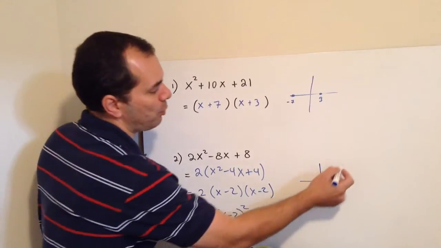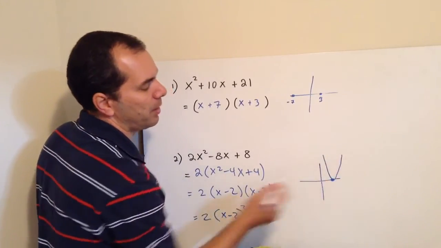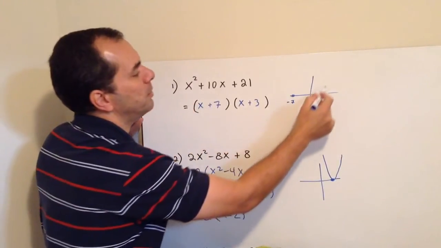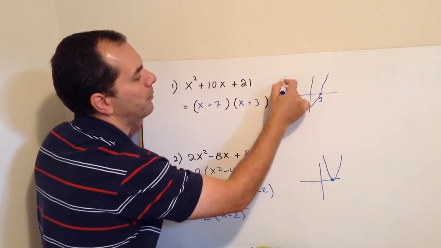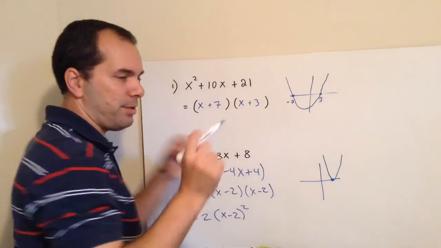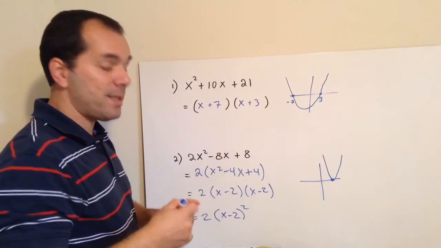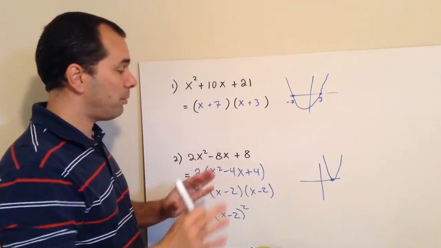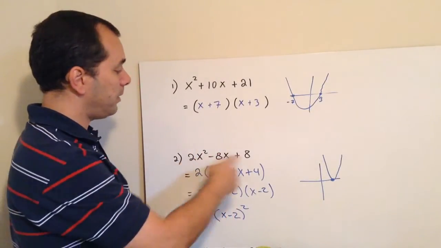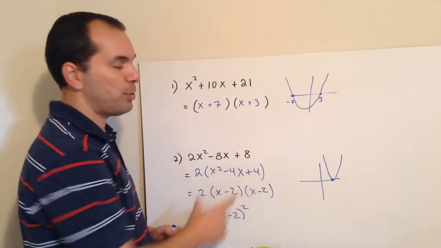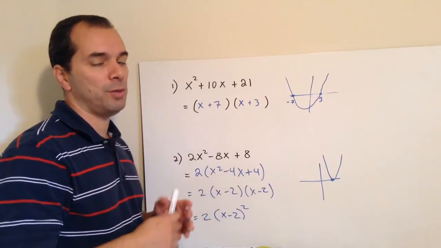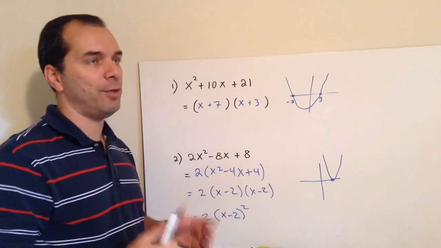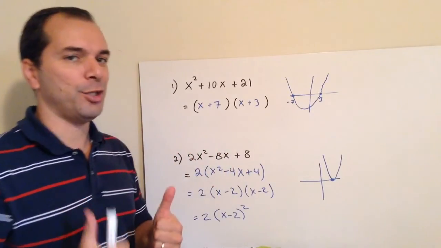And now the shape is 2, so it opens up, and it's a stretch, and it goes something like this. This guy will open up or open down? Well, my a value is 1, so yes, also it's going to be somewhere there. I can get more information by zeros, axis of symmetry, plugging it back in. But if we just stick to factoring, you just do this step, get your answers, know that those are going to give you your zeros, but you may not need to mention them. And again, take a common factor, and if it's a simple trinomial, look for two numbers that multiply to the last term and add up to the middle term, and then you get